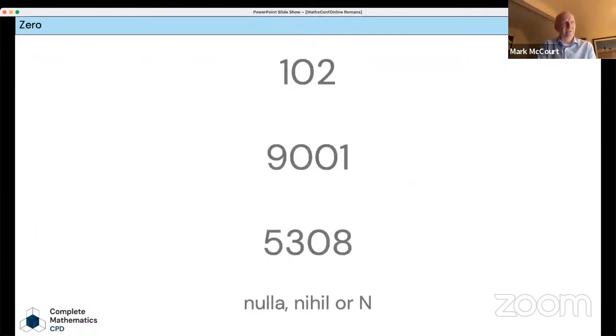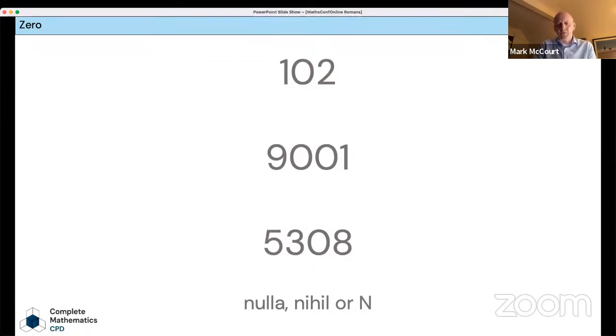And Roman numerals have this serious weakness of not having a zero. So Roman numerals are a non-positional numeral system. The position of the letter doesn't tell you anything about its value. Whereas when we're using Hindu-Arabic numbers, the position matters a great deal. It means we can use a very small number of symbols, and it means we can be really quite efficient in how we write out numbers. And the zero in our number system tells us there are none of that place value available. And it's a real difficulty that Roman numerals don't have a zero.